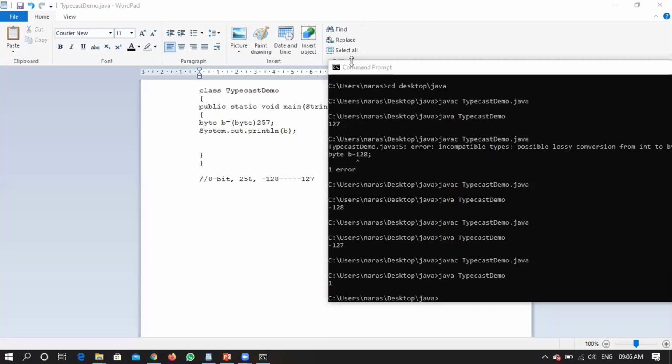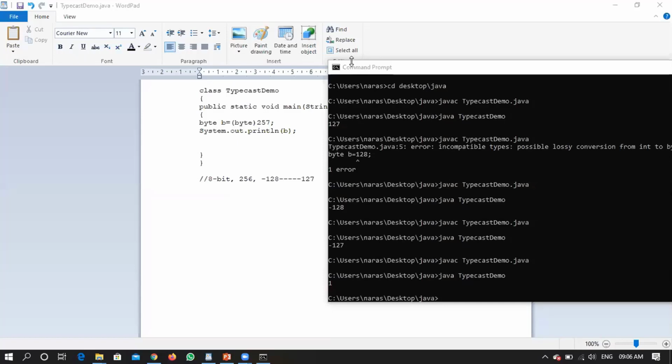Sir, as in explicit casting, we know we cannot recover the lost data, but is there any way to recover it? Any way in the sense you have to use a larger data type. You have to see, if you are comfortable with a loss in data, then only you have to go with the explicit type conversion. If you are not comfortable with the loss in data, you should not go for an explicit type conversion.